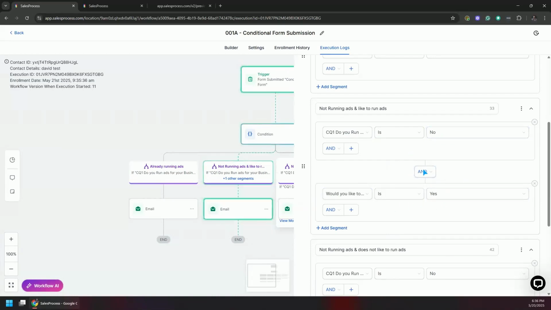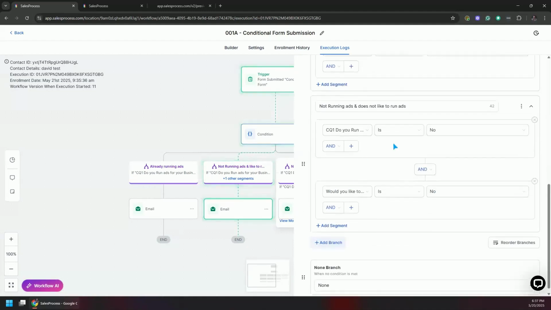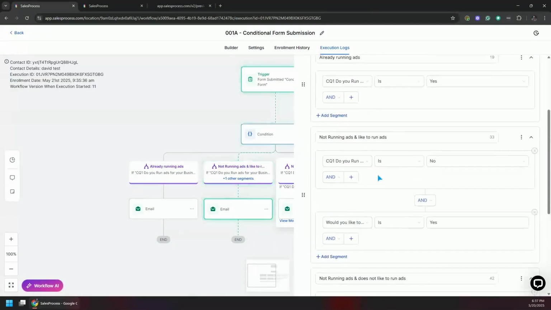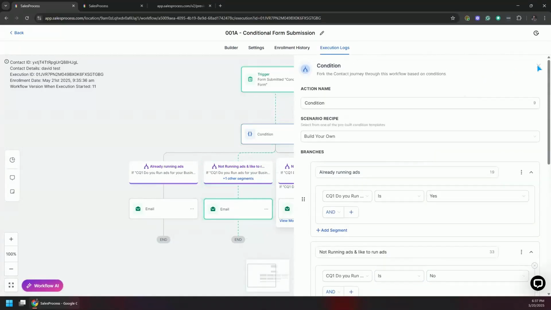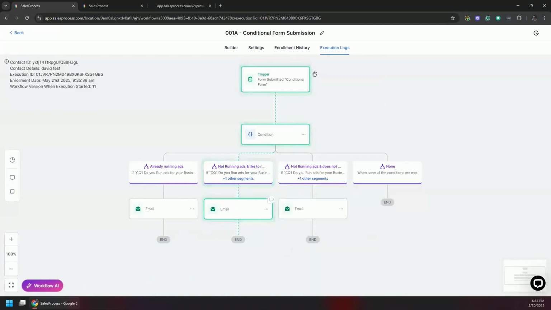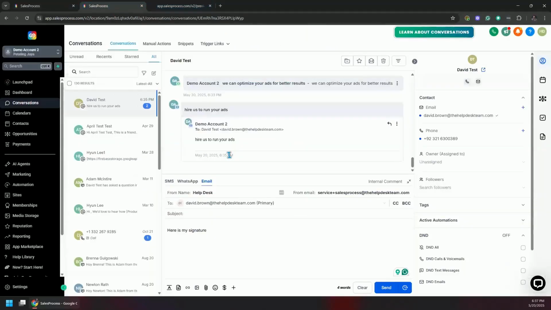Now in here, we can tell it AND condition or OR condition. AND means both need to be true before it can pick that lead. And OR condition means either one of these would be true and it will still pick up the lead to that branch. So let's submit the third